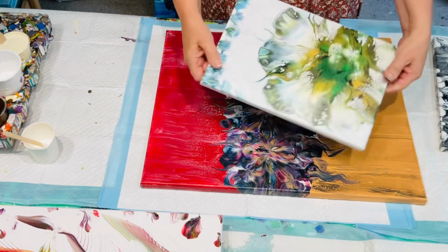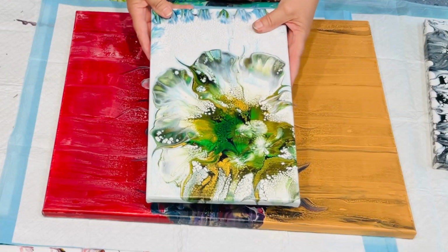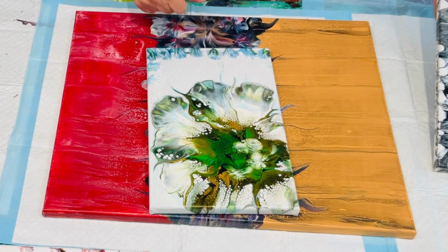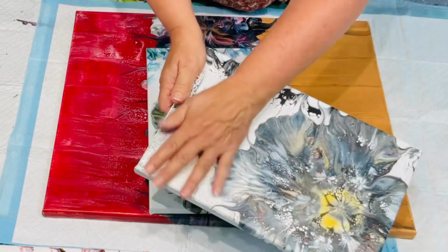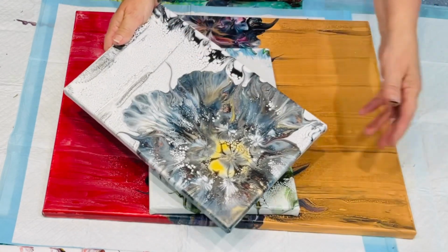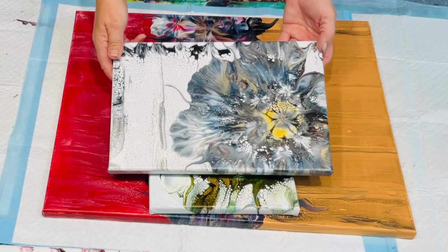These are some little ones I've done for gifts. So that was the nice sort of greeny botanical one. I did a few in this, which are all for gifts, like botanical looking. That's dusty. So when you're going to varnish, give them a good wipe off with just a